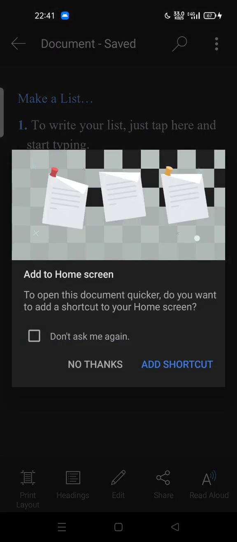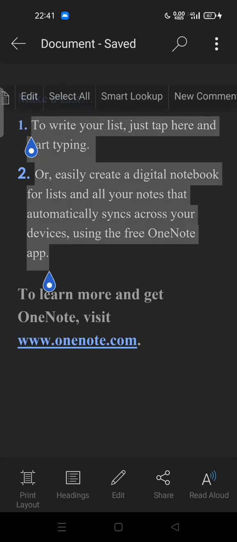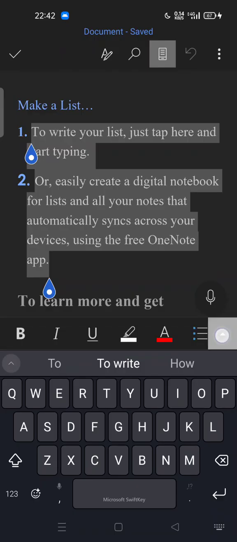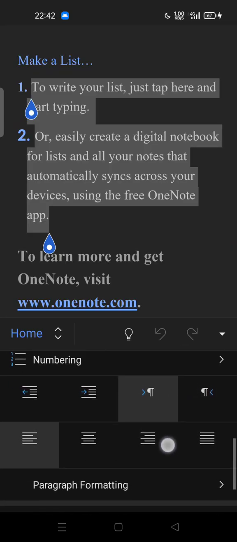So here, in order to do double space, to create double space on your file or documents, you can block the text or the paragraph first, and here you can tap edit, and here we go. You can tap this arrow in order to break down